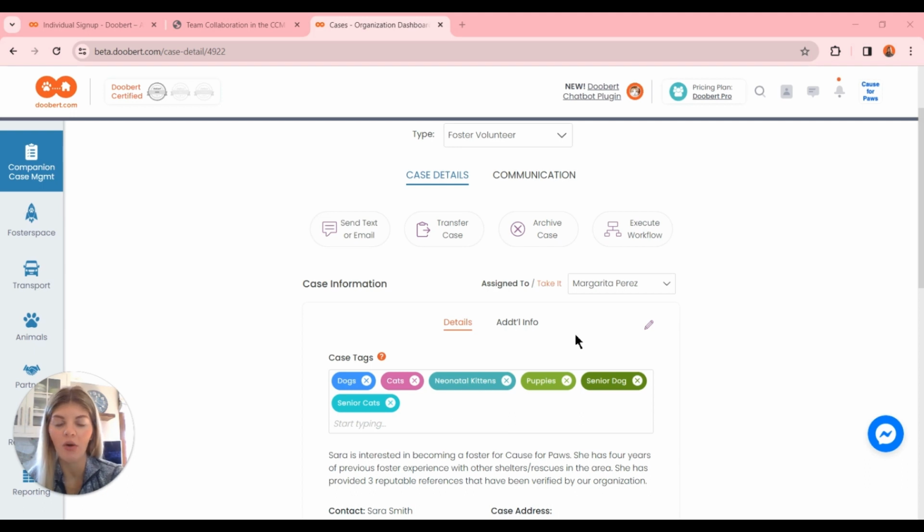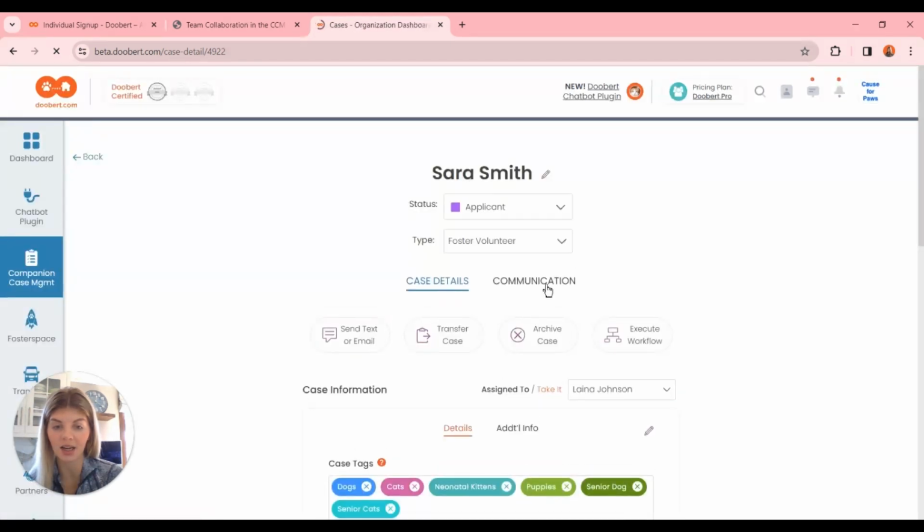So what we can do when we scroll up in the case is say that your case comes in and it's unassigned. What you can do is either take that case, so say you see it and you're like, oh, I can take that case, I can manage it. What you can do is just click on this little take it button right here,